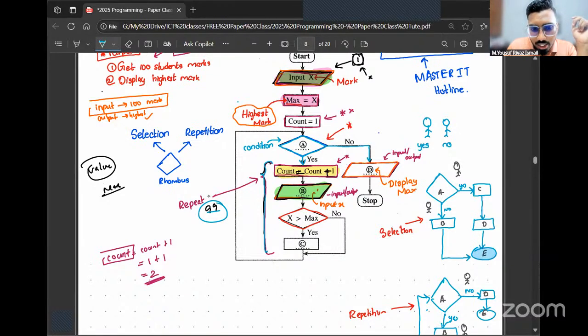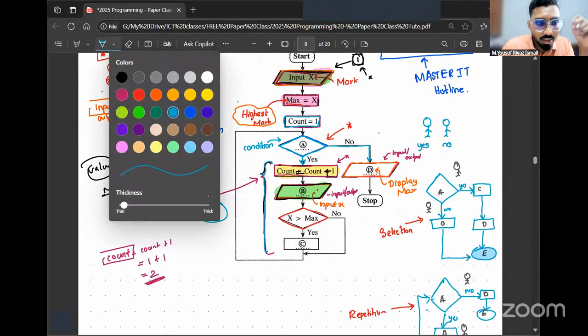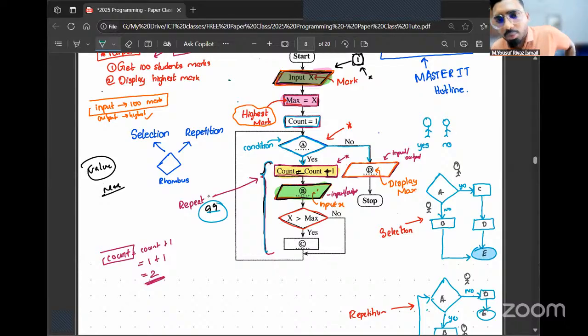You can see there is one more variable called count, for which we did not find the purpose yet. When we were learning repetition structure, I taught you that when you have a while loop or repeat and loop, or most of the loops, not all but the majority of repetition structures, if you know the exact count, exactly this many times we have to repeat, there has to be a variable to count the number